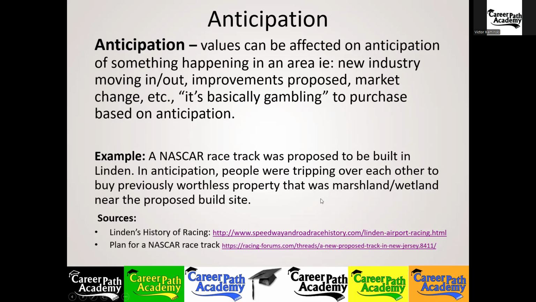I even got on the deal. I didn't buy real estate there, but I found out what they were going to call the raceway. And I'm the proud owner of libertyspeedway.com. That's what they were going to call it. So I bought a little intellectual property, see, the domain name.